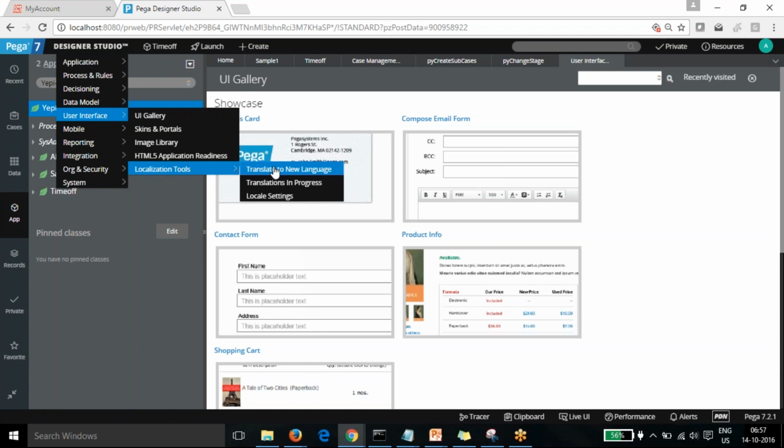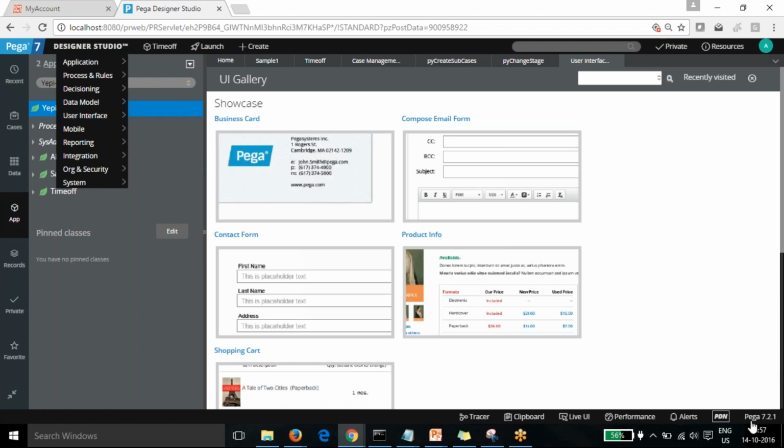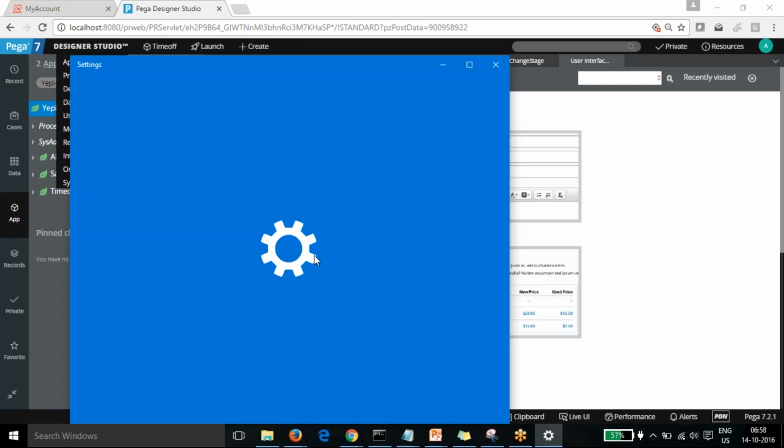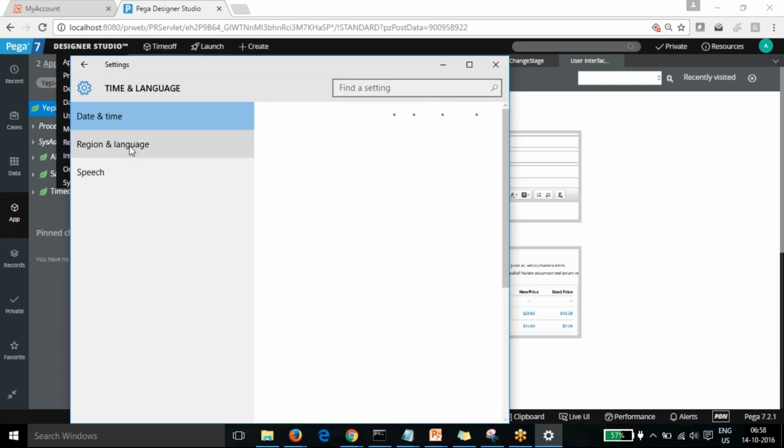And if you want it in Chinese, for the same application we can create a separate rule set, and all the rules get converted and stored in that localized one. So it takes the preference of the locale. We have three different places where we can give the locale. For example, the time zone we are working in, which is in the Windows time setting. From the time zone, it picks up that I'm working from India, so that is region-wise.